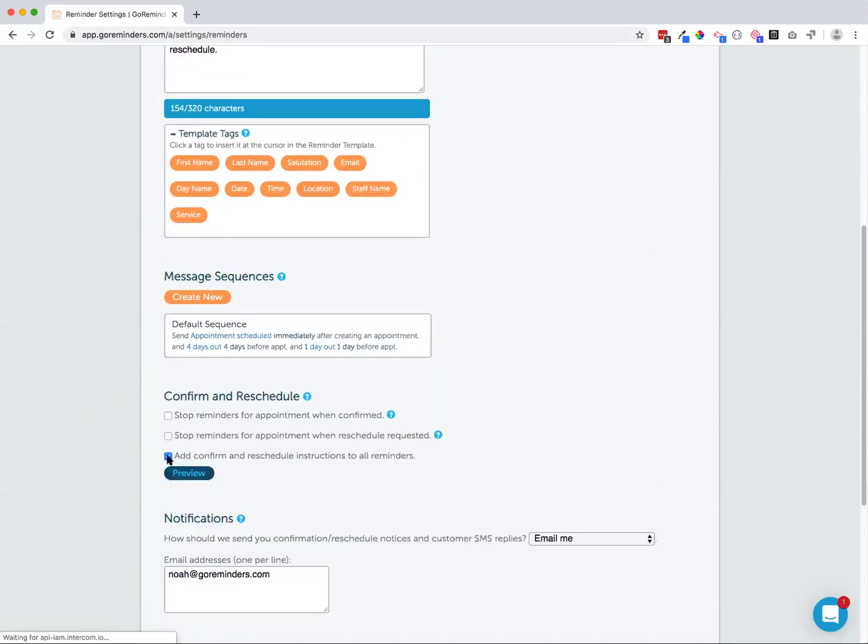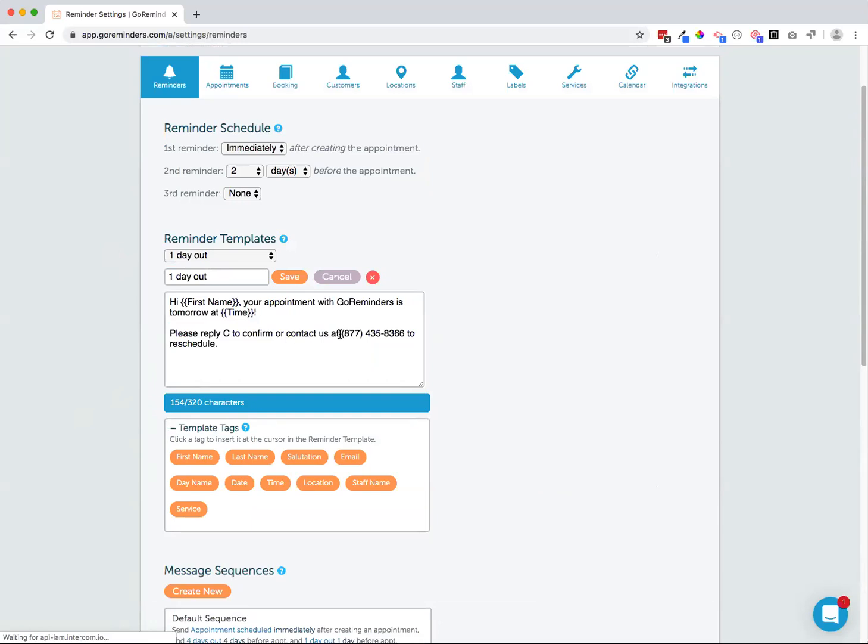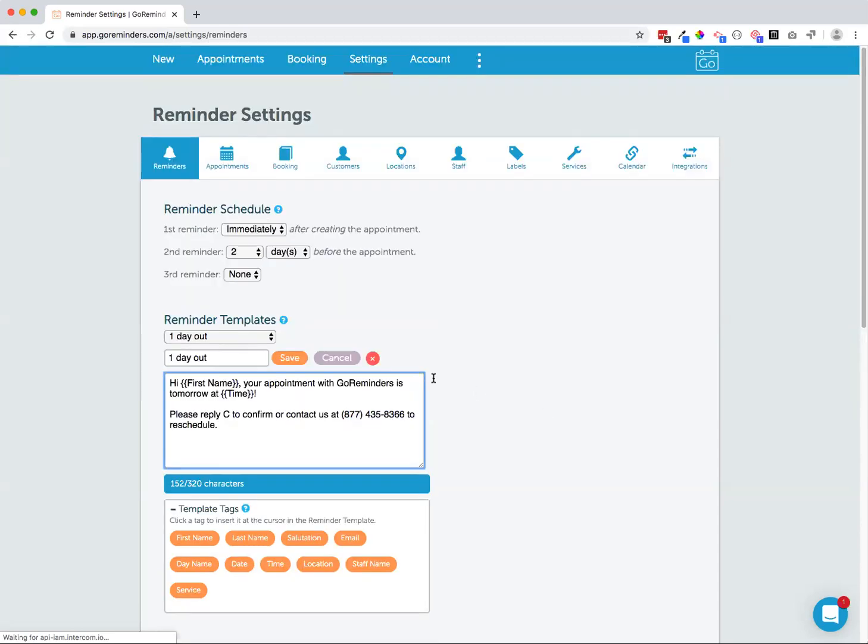I have that unchecked now because for my use case, I don't want to include the default instructions in every single reminder, specifically because I want them to call me if they have a cancellation or need to reschedule one day ahead of time. Great, so now that we've gone through the basic settings, I'm going to hop on over